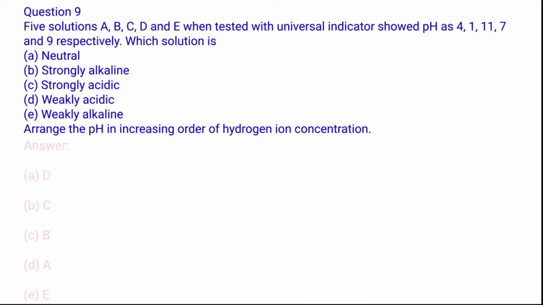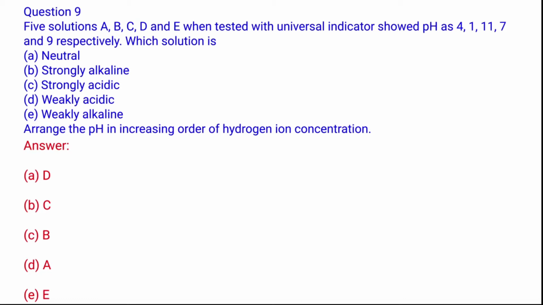So the answer is neutral substance is D only because neutral substances show pH of 7. And second we have strongly alkaline. Strongly alkaline is C. C is having a pH of 11. And weakly acidic is A because its pH is 4. And weakly alkaline is E, that is